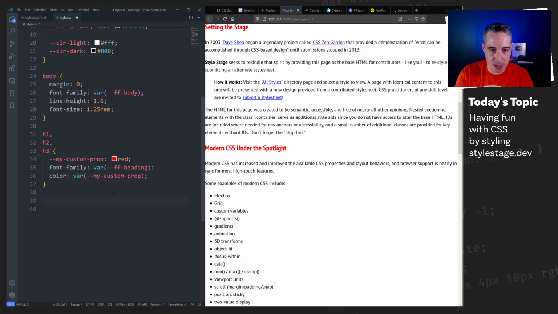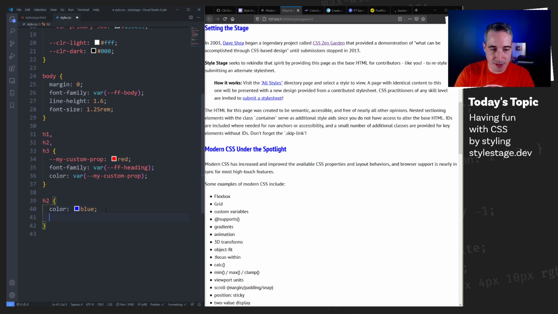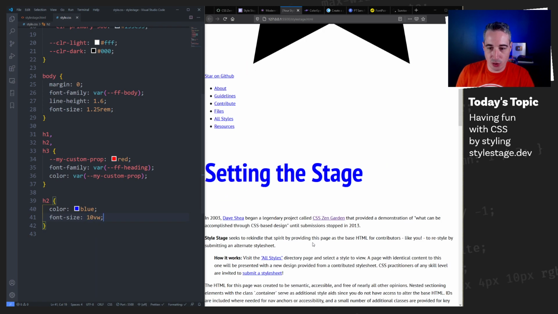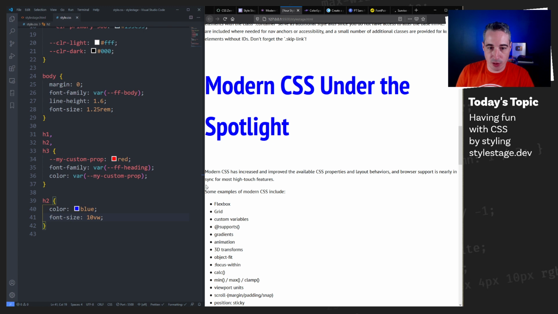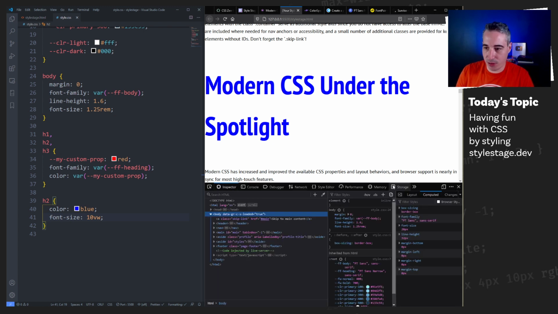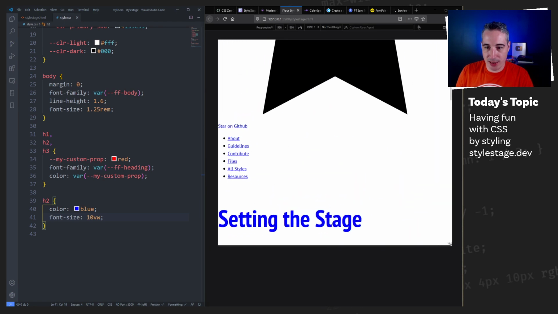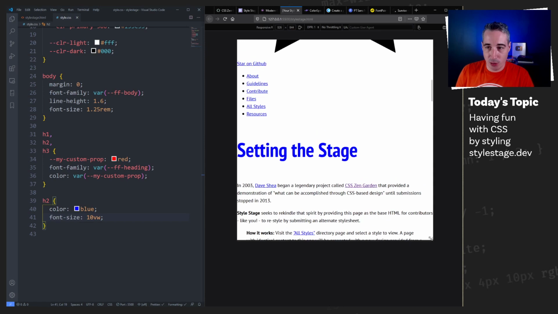So let's just do it on this H2. Let me just see, H2 color blue. Okay, yeah. So here, if I say font size is 10 viewport width, which is cool because it's going to grow and shrink with my viewport. I'm in Firefox. I forget the shortcut for the responsive mode though. It's going to grow and shrink that font automatically. The only issue is